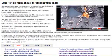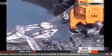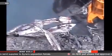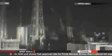In September, a crane operator accidentally knocked a steel beam into a spent fuel pool in the building of Reactor 3. The worker was removing debris at the time. A power blackout in March caused the suspension of cooling systems for spent fuel over the course of nearly 30